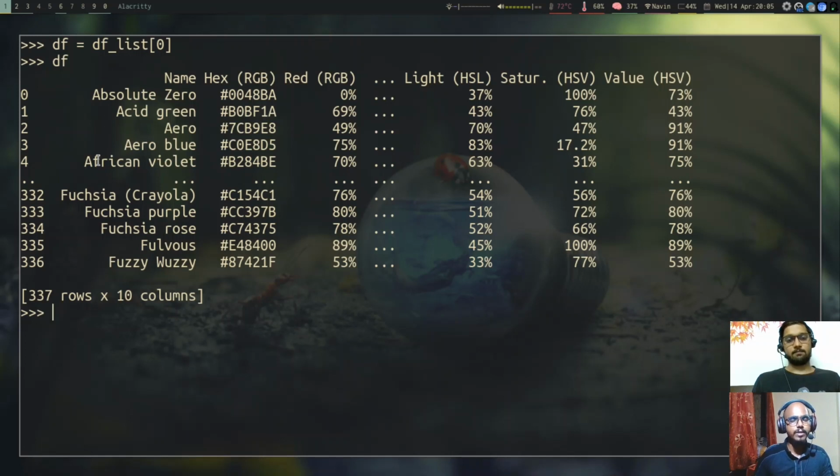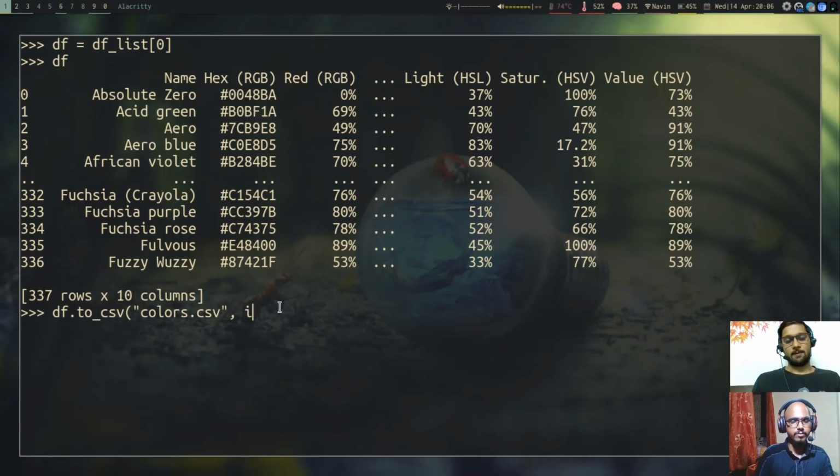Now we just have to write this data frame or this table into a CSV or a spreadsheet. For that, pandas has a method called to_csv. We have to use the variable which has the table and say dot and then to_csv. That means this data frame is converted to a CSV, and you have to give some parameters to it. One is the path of the file. So we can give any file name, colors.csv, and this will check if this file is there. If it is there, it will overwrite it. If it is not there, it will create this file for you.